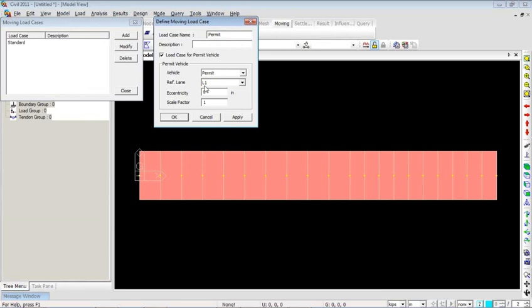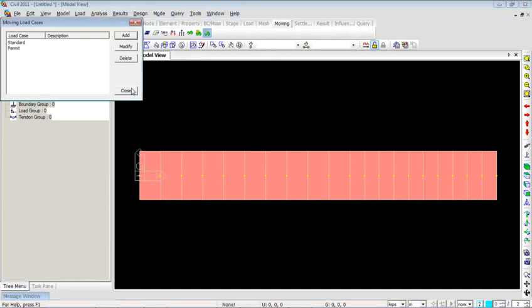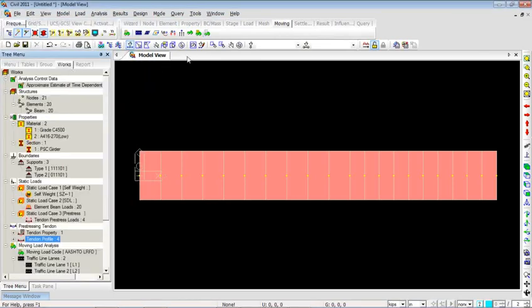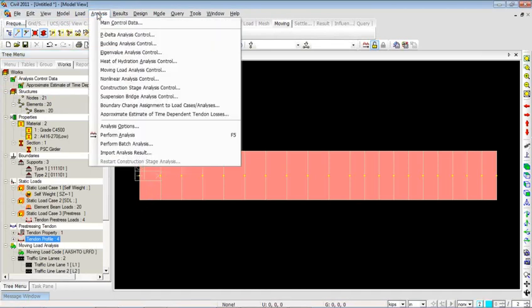The point to be noted here is that lanes are defined with respect to the offset location of the bridge, but the location of permit vehicle center line is defined based on a reference lane which has already been defined, and here you can give the eccentricity from that reference lane as 2.5 inches and then click OK. So you've defined two moving load cases here, and then you can go to analysis and